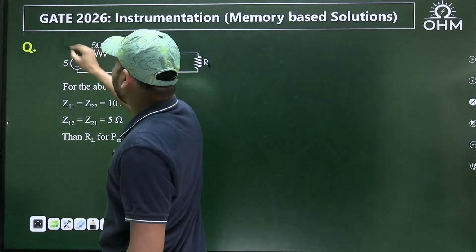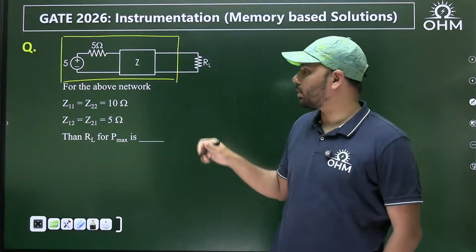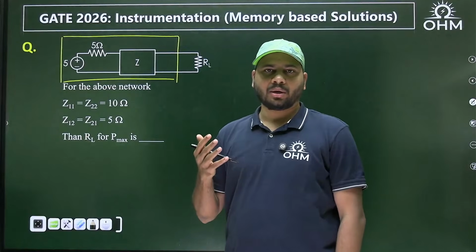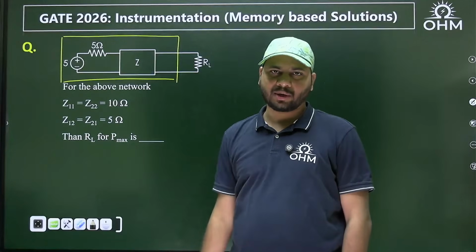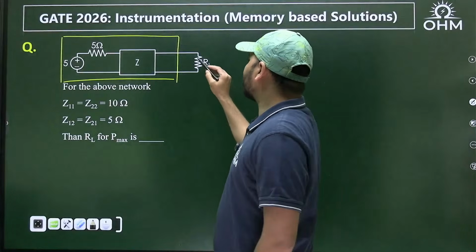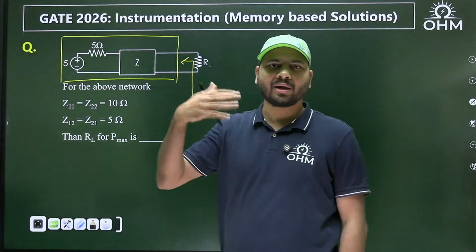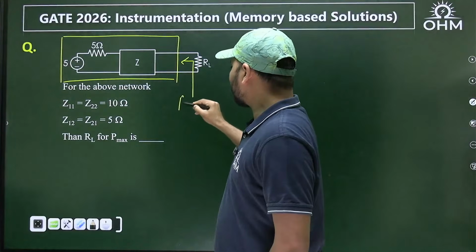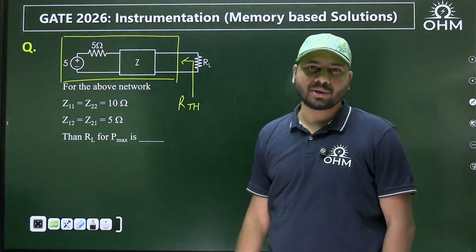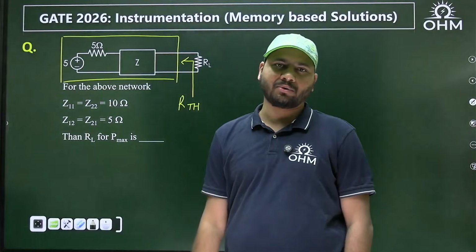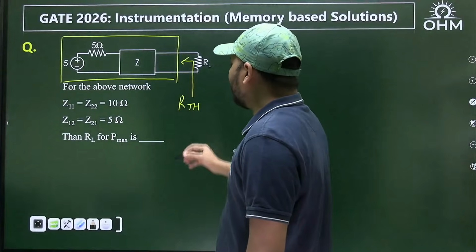With respect to RL, the entire remaining network is what? A single port network. Yes or no? With respect to RL, the remaining network can be thought of as a 1-port network. And when this load resistance looks into this single port network, whatever equivalent resistance it is going to see, that is what we call the Thevenin resistance, RTH. And your RL, you should choose to be equal to RTH. Then only maximum power will be delivered to the load. So this is the essence of the maximum power transfer theorem. First of all,